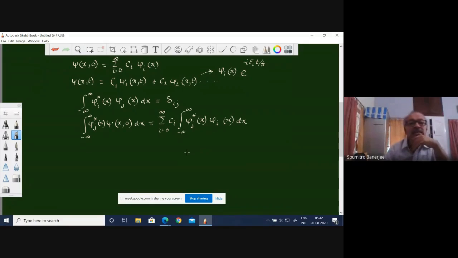Okay, so what I've done is essentially I've taken this equation, I have multiplied both sides by psi j star, and I have integrated them. Now by orthonormality, since they're orthonormal, then we get the integral from minus infinity to infinity of this guy here, psi j star, and put, sorry,